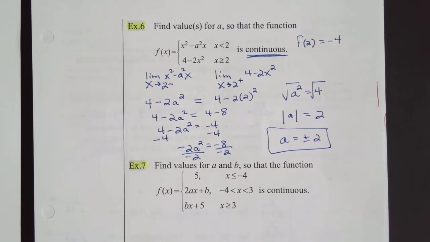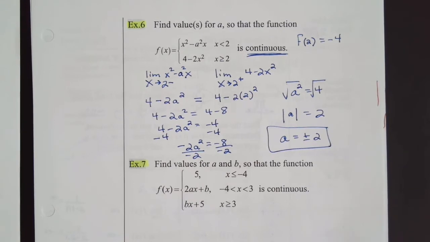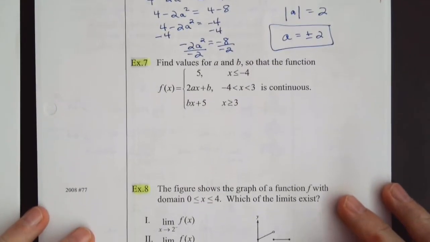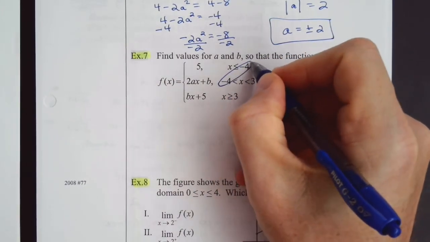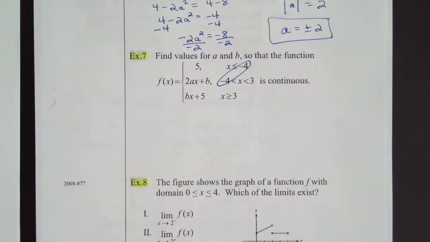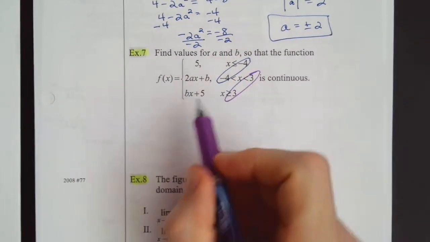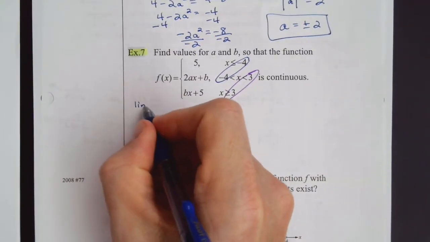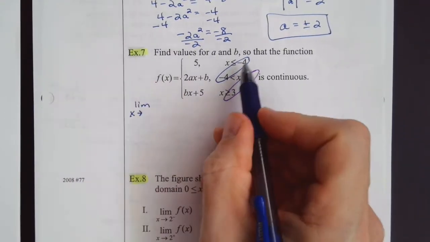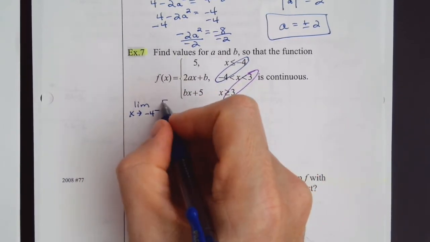All right. Now, this next question is very similar to that question, just has a third part. There's 3 pieces. So, here we have a boundary of -4 in between these two parts, and we have a boundary of 3 in between these two parts. So we're going to have the limit as x approaches negative 4 from the left of 5,